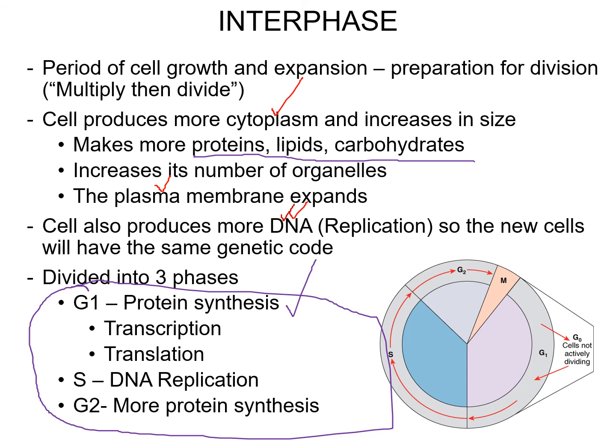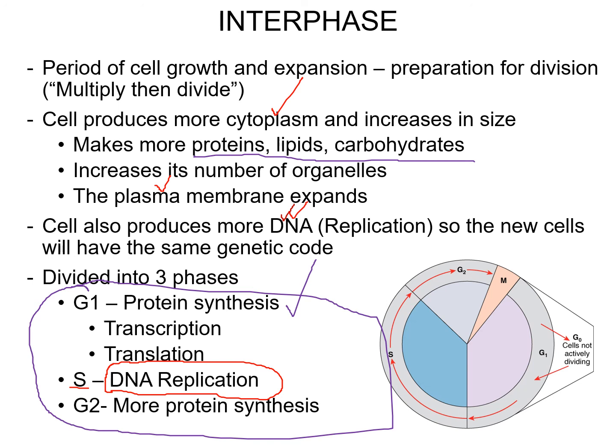And then the S phase stands for synthesis. Another way of saying DNA synthesis is DNA replication. So synthesis means to make, replication means we're copying. So how do you make new DNA? Well, you copy it, exactly. So we're copying our DNA here in the nucleus. And then once all the DNA is copied,